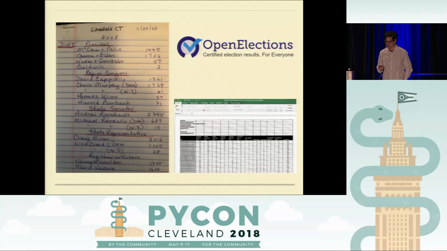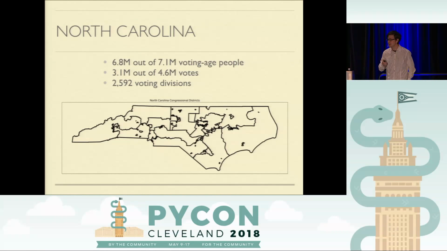So that's just an incredible level of dedication to data obscurity. At the end of the day, after doing all this manual labeling, I was able to match up about 6.8 million out of the 7.1 million voting age people in North Carolina, and find about two-thirds of the votes. Most of the votes that are missing were absentee or mail-in ballots, which don't belong to any individual precinct. So we would have to think more about how to involve those in the model.